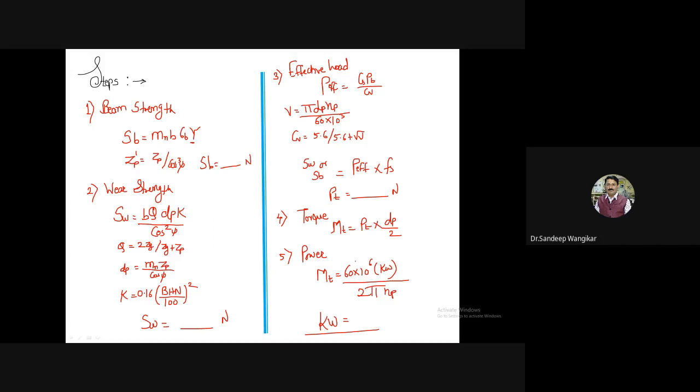First you get the value of beam strength, then wear strength, then by using these, the effective load. Our aim is not to calculate effective load. In this case, our aim is to calculate the PT. Then we will be calculating MT, and finally you will get the final answer in kilowatt. As this is the first numerical in case of helical gears, I have given you complete steps. Otherwise, we have all discussed the steps in the last formula also.